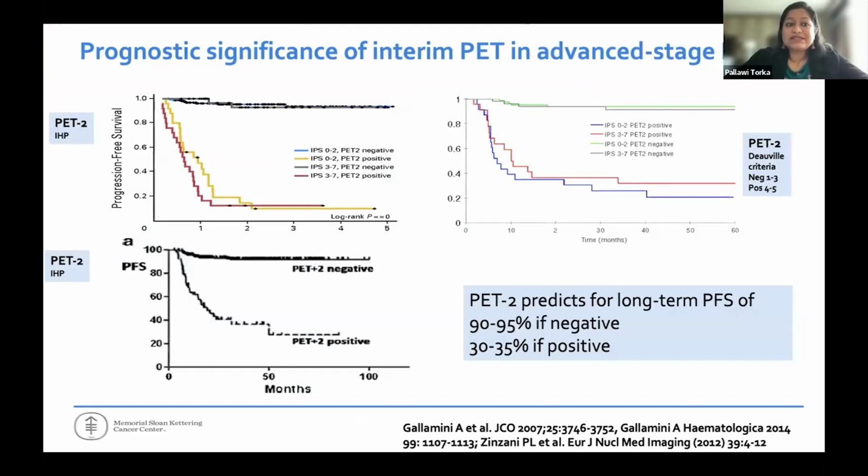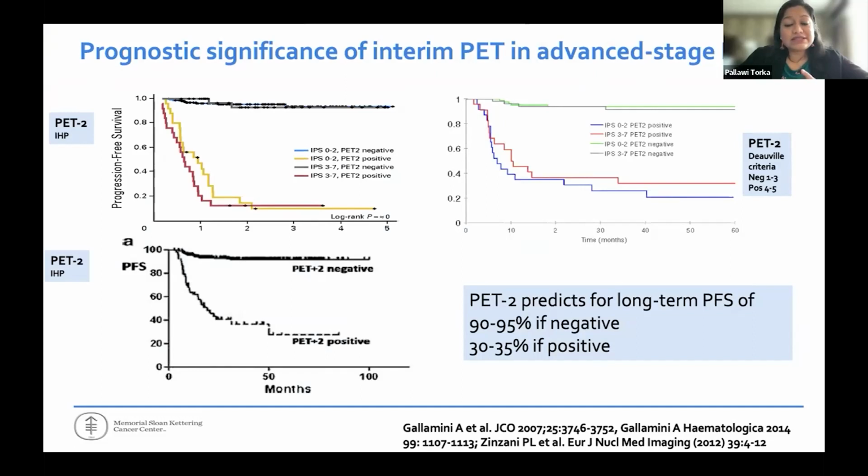So how do we use this information is looking at the prognostic significance of interim PET. So you started treatment on a patient and you made a decision when you started treatment, but then you can recalibrate the treatment after 2 cycles by how a patient is performing. So as you can see in this, if the PET scan after 2 cycles is negative, no matter what kind of treatment you do,